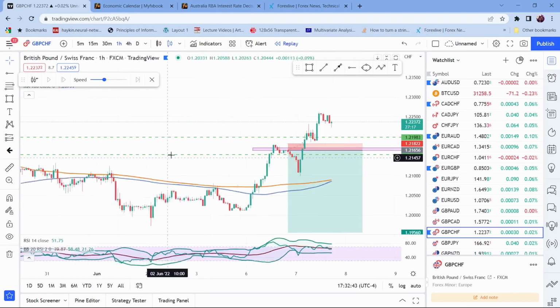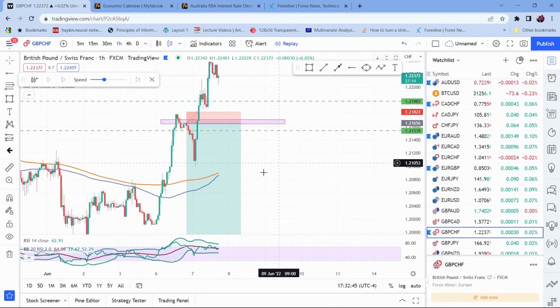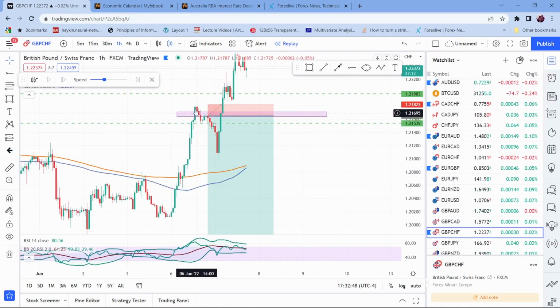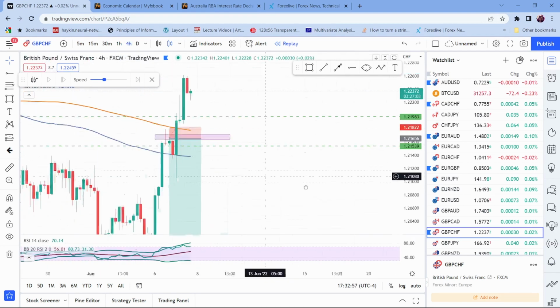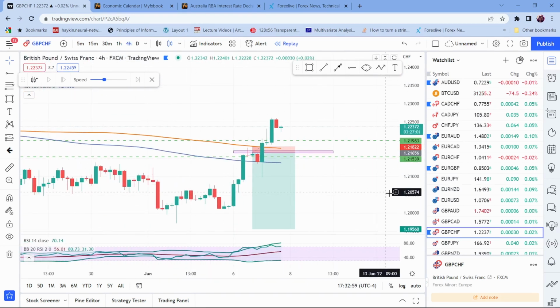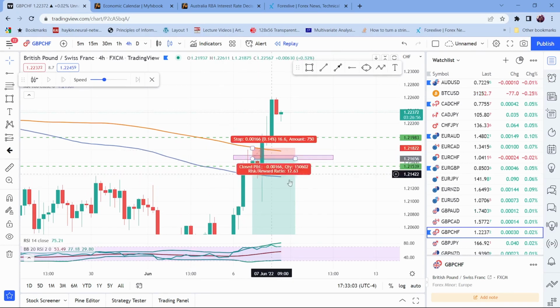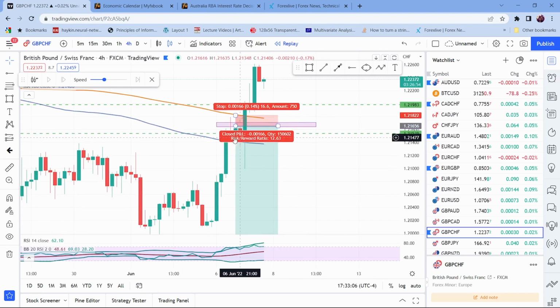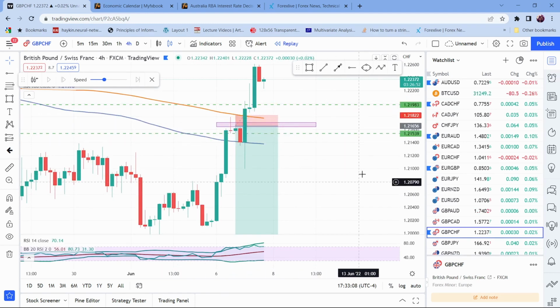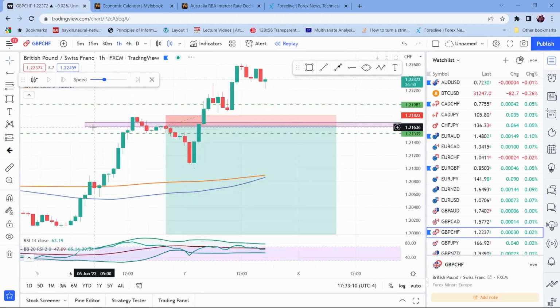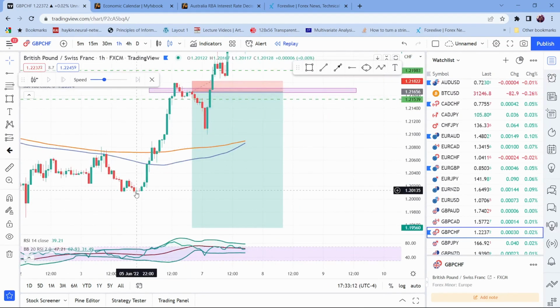So when we go to the 1 hour, the expectancy was for price to bottom out right here, lose its momentum, and once we start seeing those bearish candles form, we could use this as a sort of resistance zone. As you can see, we did have this wick rejection right here where the candle closed right into the opening, suggesting that the momentum, the volume died, and we could probably see a push to the downside or a continuation or correction of this overall move right here.